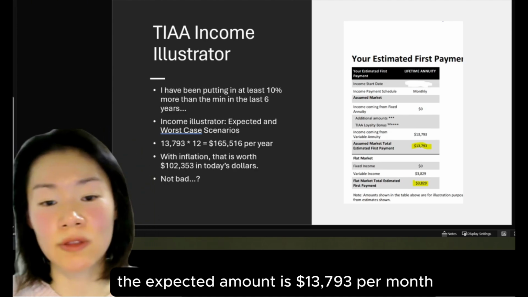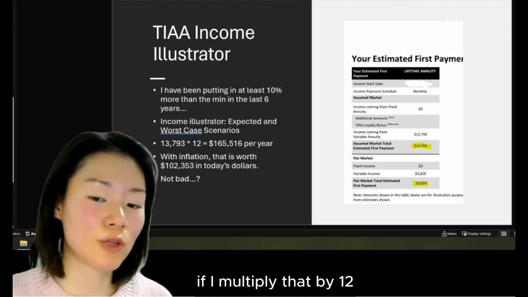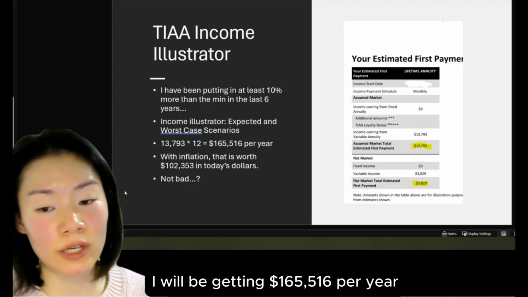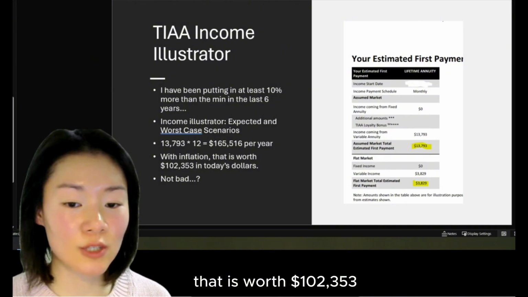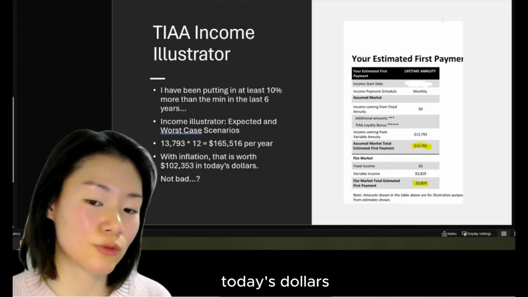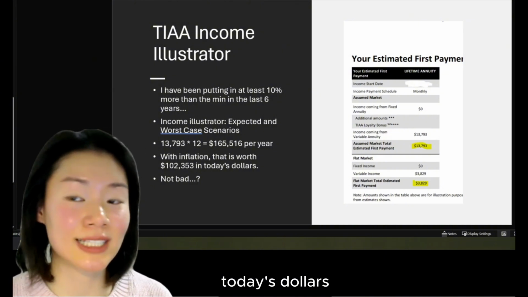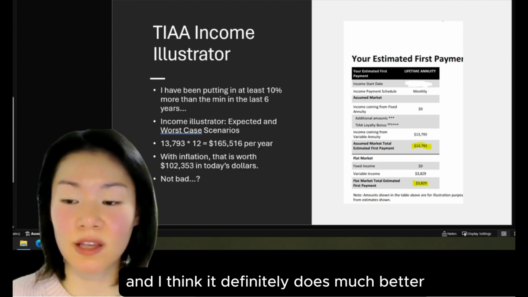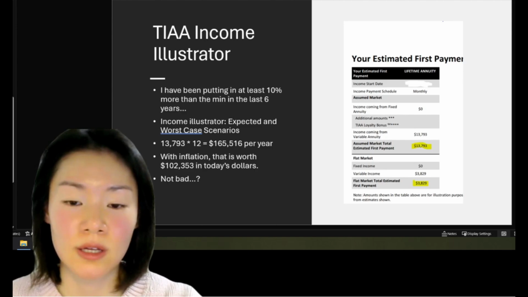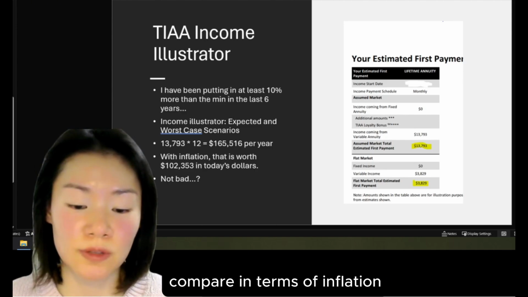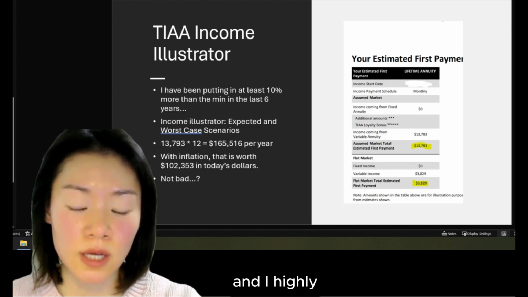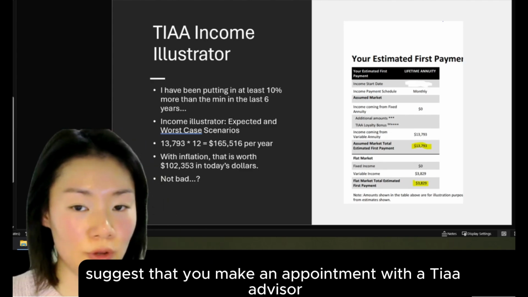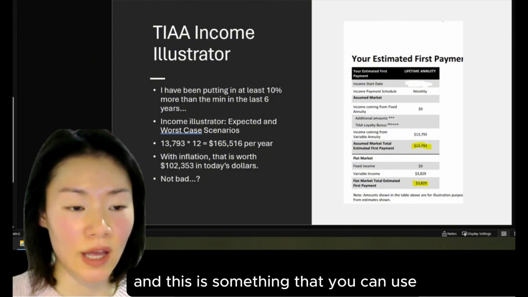$13,793 per month. If I multiply that by 12, I will be getting $165,516 per year. And with inflation, that is worth $102,353 in today's dollars. I would say it's not bad, and I think it definitely does much better in terms of inflation. And I highly suggest that you make an appointment with a TIAA advisor, and this is something